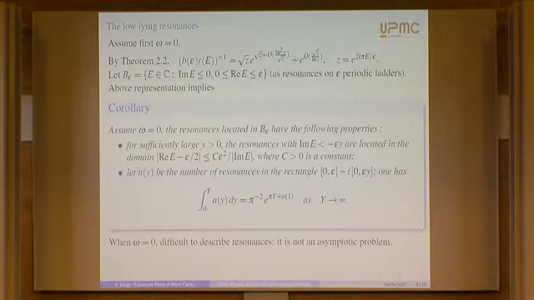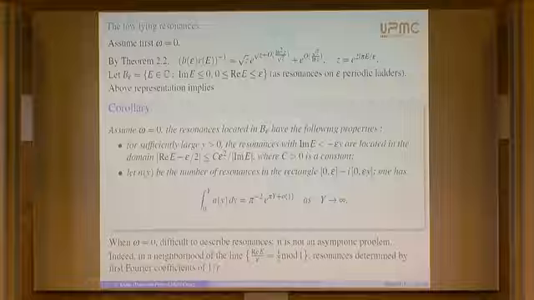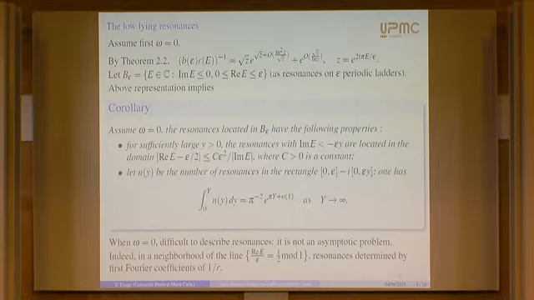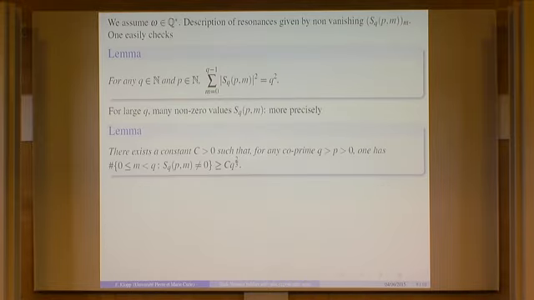The difficulty with epsilon is that you don't get something very precise. You're going to see when omega is not 0, what we're going to get is actually an asymptotic formula for the resonances under certain conditions. But in this case, the difficulty comes from the fact that this thing depends on the first Fourier coefficients of 1 over r. It doesn't depend on the faraway series. It doesn't depend, if you want, on the oscillations e to the minus 2i pi omega m cubed, because omega is 0. Whereas if you look at the case omega non-vanishing, then what you can show is that